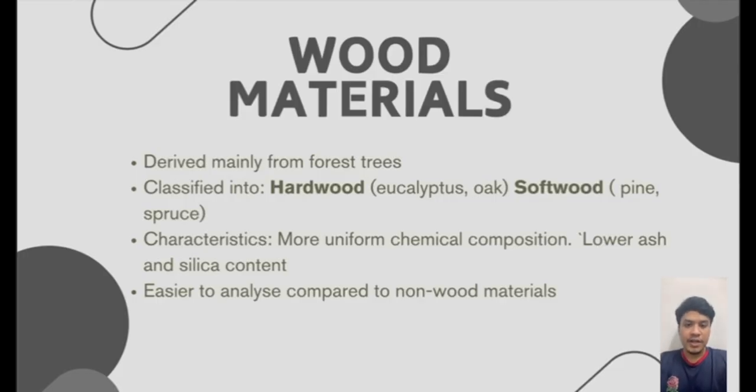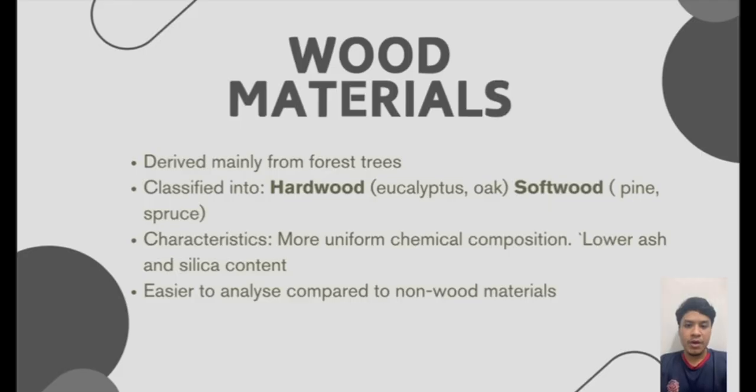Wood material are mainly obtained from forest trees and can be classified into two main groups, hardwood and softwood. This classification is based on their botanical structure and chemical composition. Hardwoods, such as eucalyptus, generally contain a higher proportion of hemicellulose, which contribute to flexibility and easier chemical processing. On the other hand, softwood like pine contain a higher amount of lignin, which provide rigidity and strength to the